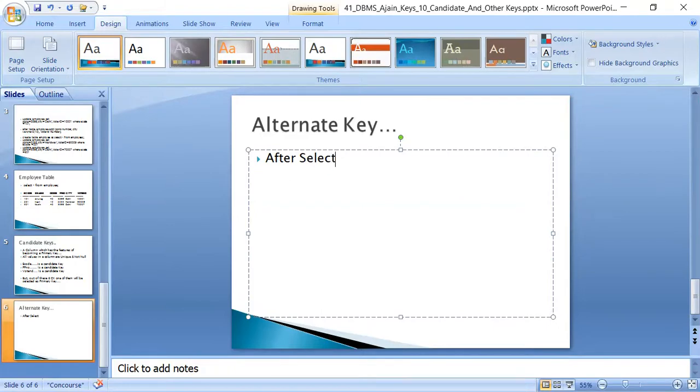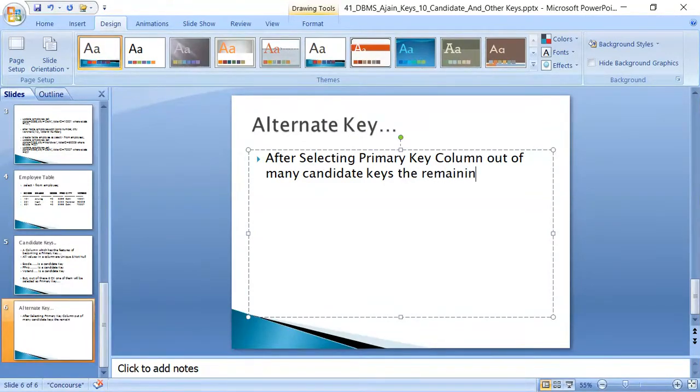After selecting the primary key column, out of many candidate keys, the remaining columns are known as alternate keys.